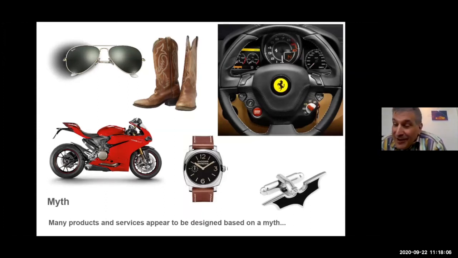Watches that are based on underwater submarine heroes from the last major war, Batman, and all kinds of superhero paraphernalia. We know that the industry of the paraphernalia surrounding major Hollywood films actually brings in more revenue than the film itself, because so many people wish a little emblem, a little symbol, something to associate with, which reminds them of the original experience and which says something that they like certain values of the hero of the story. And finally, at the top of the slide, the example from Ferrari.